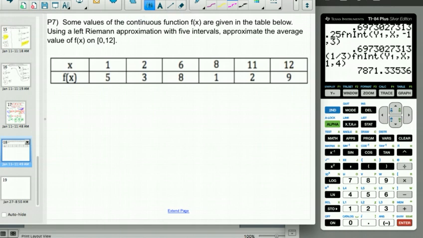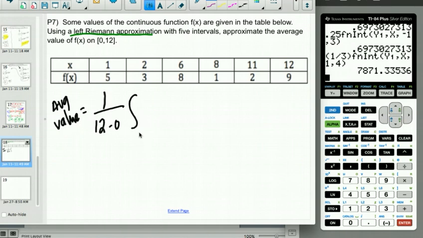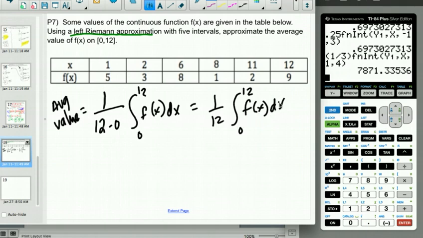Okay, so some values of the continuous function f of x are given below. We're going to use a left Riemann approximation, so not trapezoidal this time, with 5 intervals to estimate the approximate average value of the function from 0 to 12. So the first thing I should do is write what the average value of a function is supposed to be. It would be 1 over 12 minus 0 times the integral from 0 to 12 of this function, right? So I need to write that because that communicates understanding, and that's going to get me points on an AP, right? But then what I was told is that I'm supposed to take this and I'm supposed to use LRAM